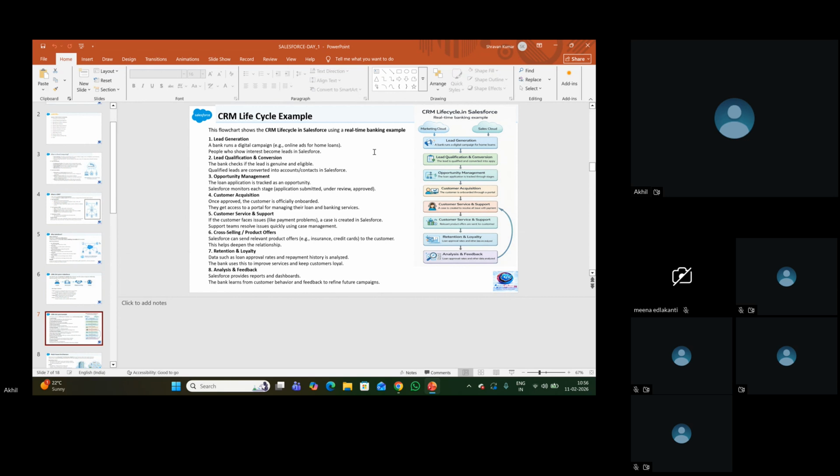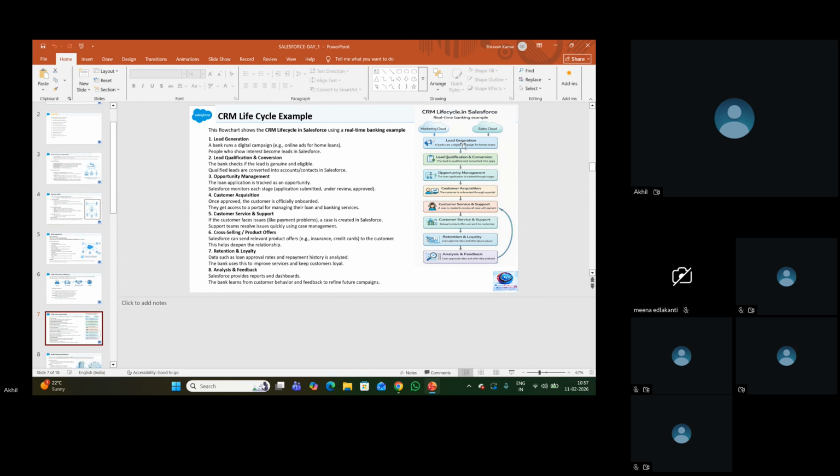The sales team will reach out to the customer. If the customer shows interest, saying yes, I would like to take the home loan from HDFC Bank, I'm interested in this, then immediately the sales team will convert that lead, because he is no more a lead.